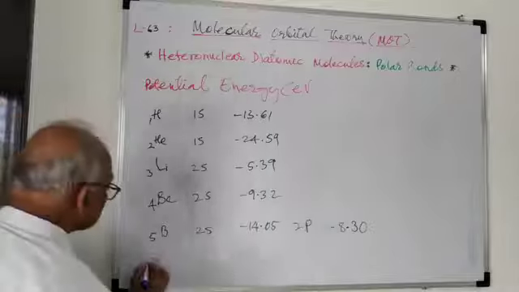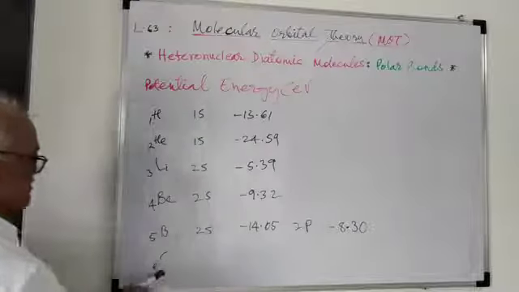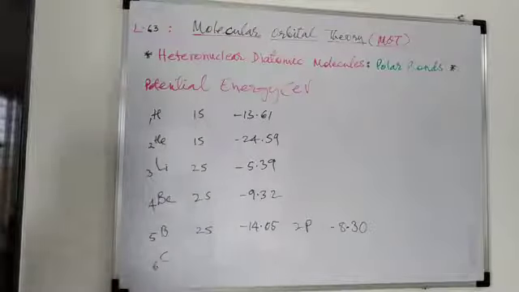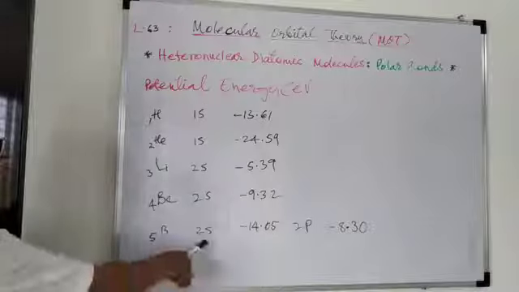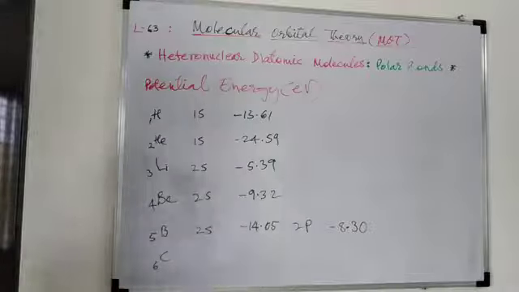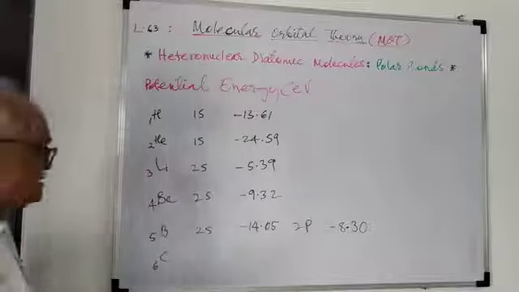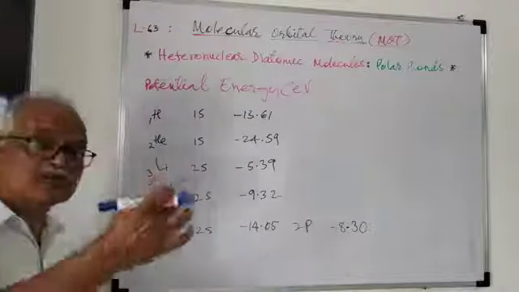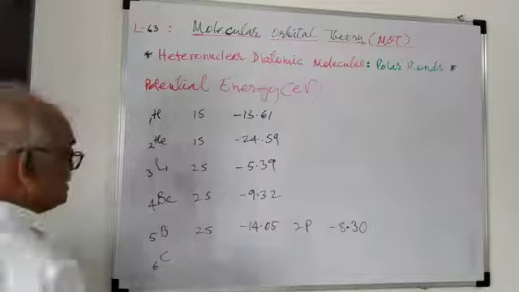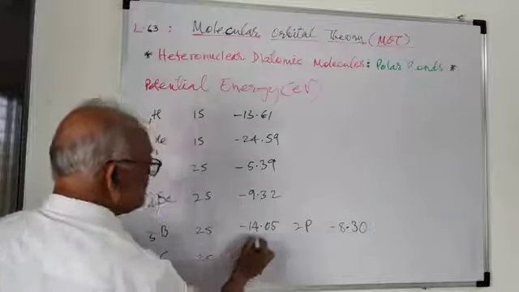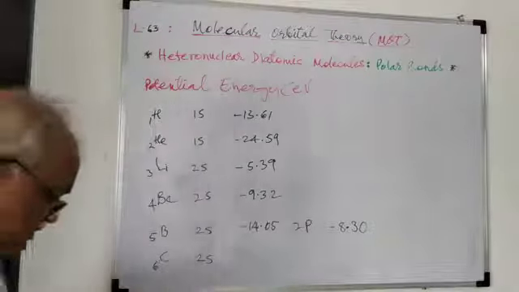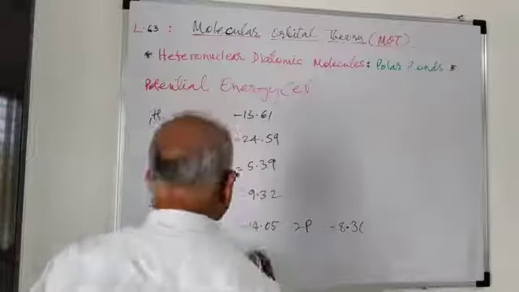Now if we go to the carbon with 6 electrons, means 6 nuclear charge, means the nuclear charge increases. The 2s remains the same, and the electrons are also the same. But because of the increasing nuclear charge, all electrons are brought slightly closer. As a result of this, the energy also increases here. It becomes minus